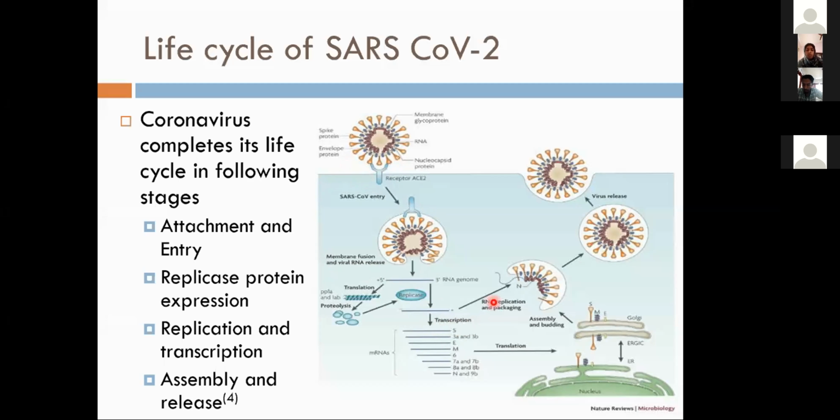RNA replication and packaging go hand in hand. For the packaging, assembly and budding are helped by the proteins formed on translation. Next, on the top part, we can see that after packaging, these virus particles are ready to be released, and then they are released out of the cell surface to infect other cells.